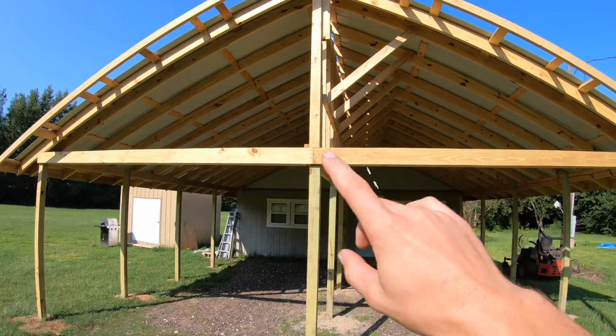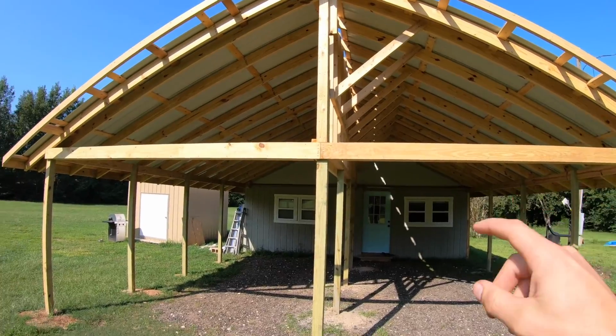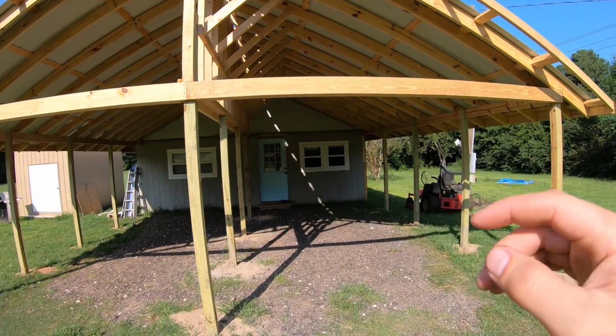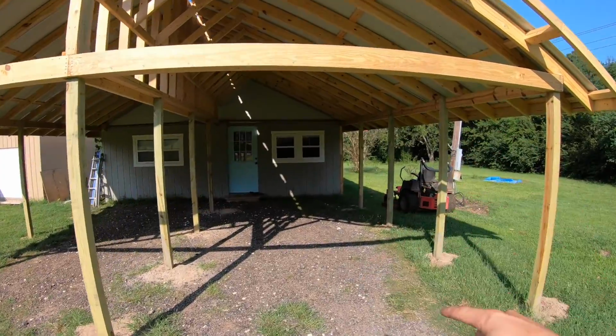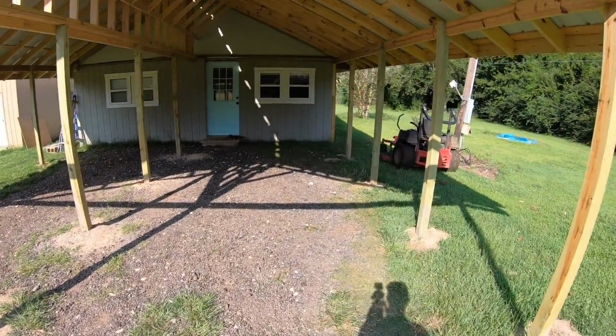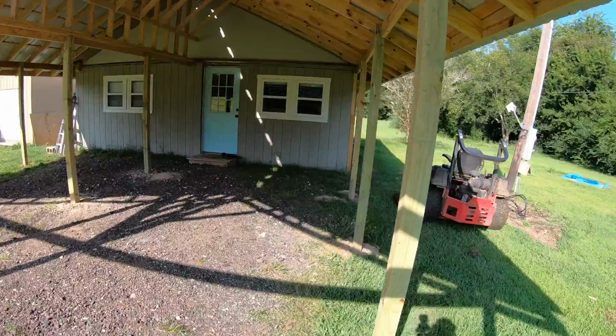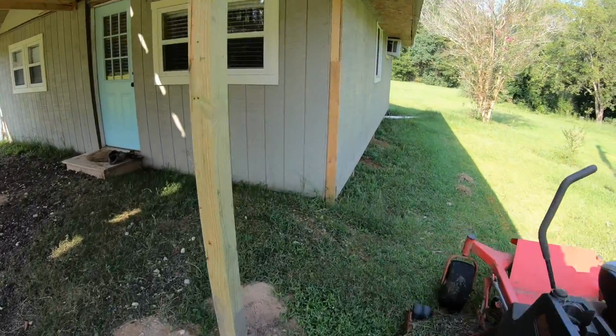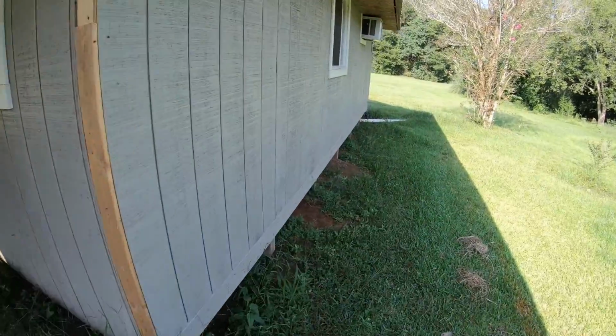This is not staying a carport. This side will remain a carport. This side we're actually going to add on another bathroom and another big bedroom here. So the task at hand that I've got to try to take care of, as you can see on the side of the house here, is